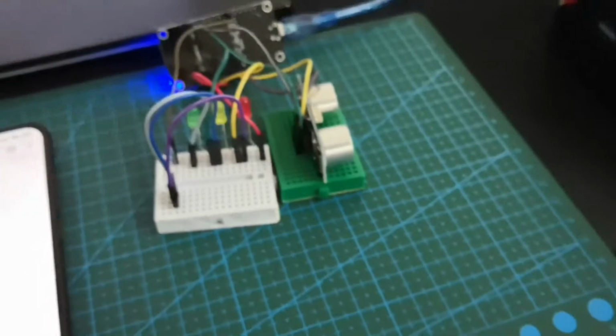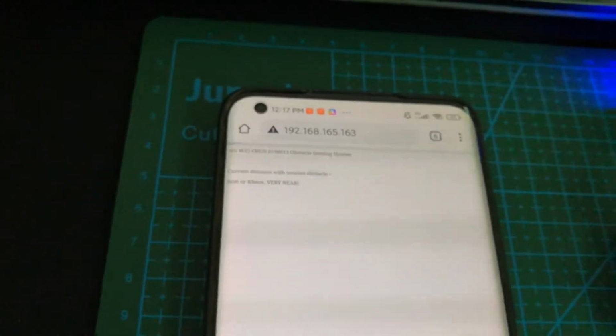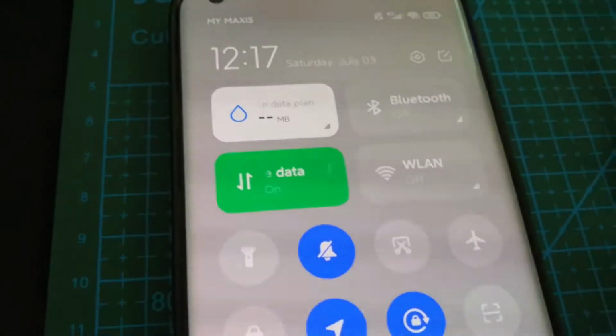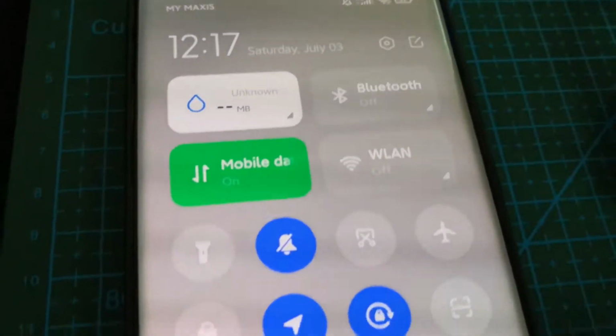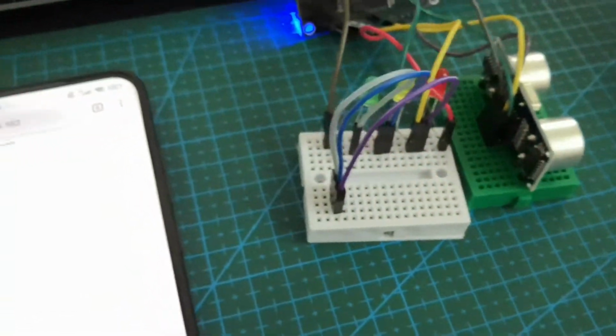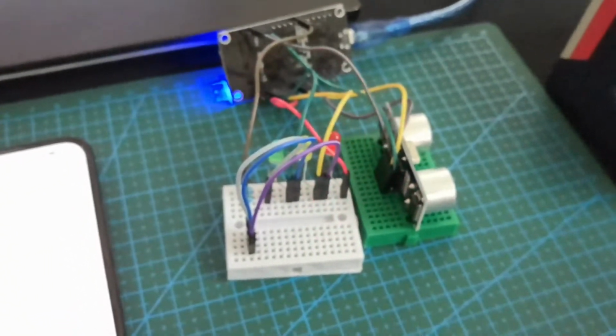So this functional requirement is actually very good, especially towards the poor, because they don't have money to afford a new car with an OLED display. So instead they can just use their mobile phone, cheap mobile phone or tablets, and mount them on their car, and then connect this system with their own mobile data connection, because currently I'm using a mobile data hotspot, right? You can see mobile data on, Wi-Fi off. So yeah, this is actually a very good replacement for the OLED display. So that's why I don't include an OLED display in my system.